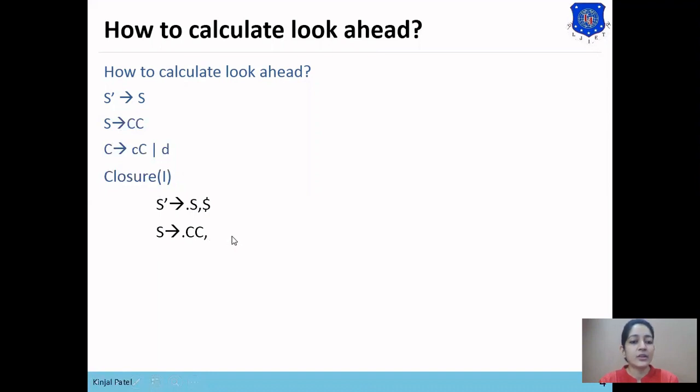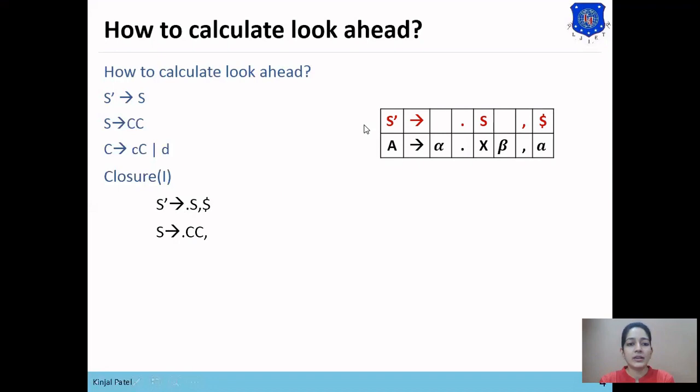Now we need to find the look ahead for this production rule. For that, we'll apply the rules on the production from which this statement has been derived. This statement has been derived because dot is present at the beginning of S. So we'll apply the rule for the look ahead symbol on S' derives dot S comma dollar.